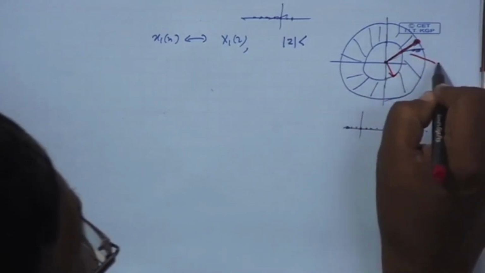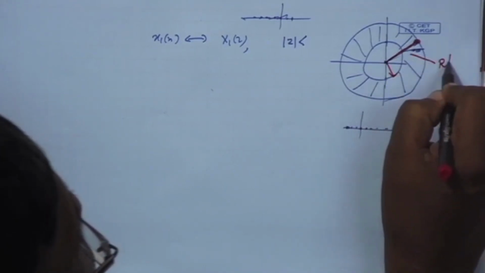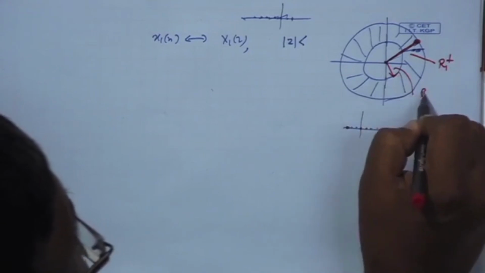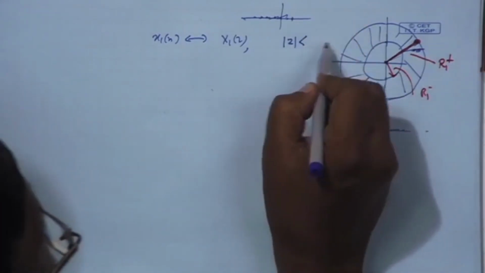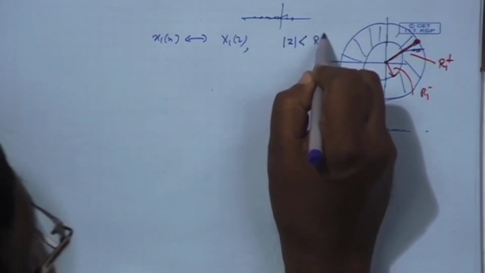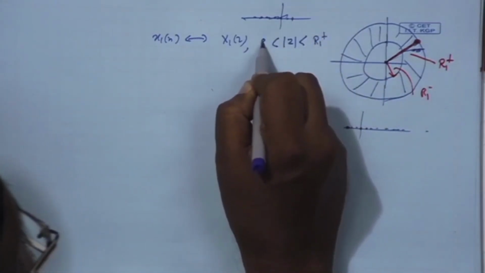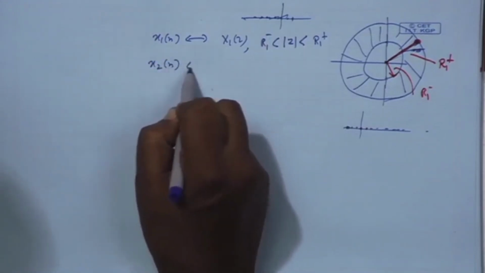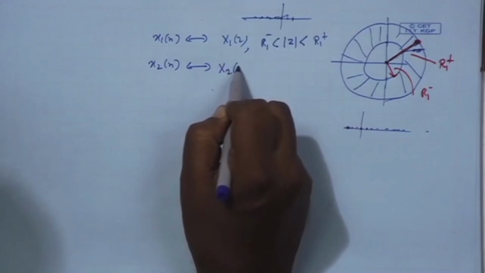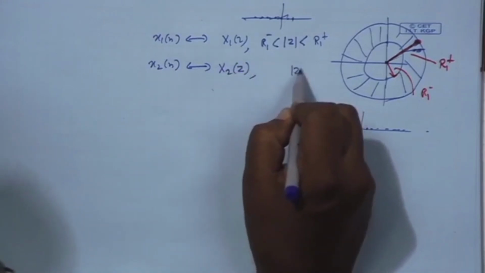Outer circle radius you call R1 plus, this is R1 minus, because it is x1. So, this is ROC. Similarly, another sequence is given x2[n], it has got another Z transform,